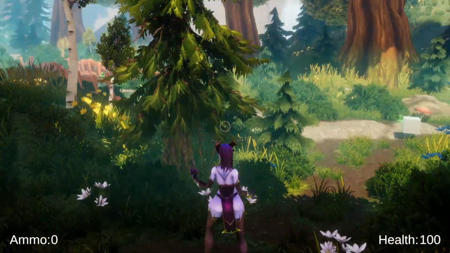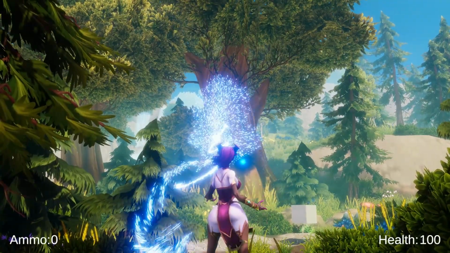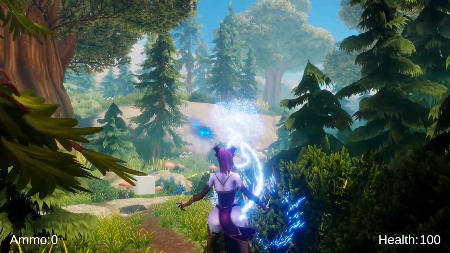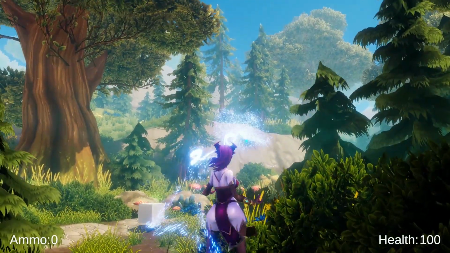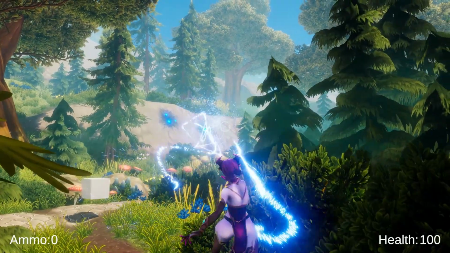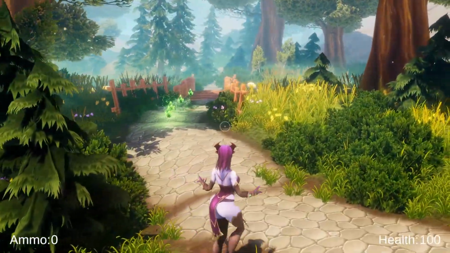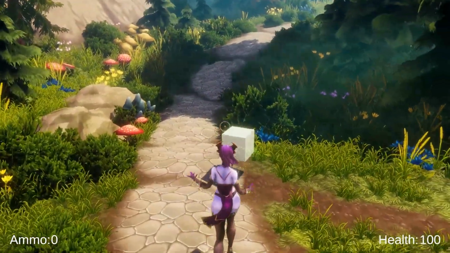So this is currently the most basic spell that I put in, that you get when you start. It doesn't utilize ammo, you have infinite casts, and once I get the damage properly set up, it will deal rather low damage. Now, already at the start here, you may have noticed these things floating around,